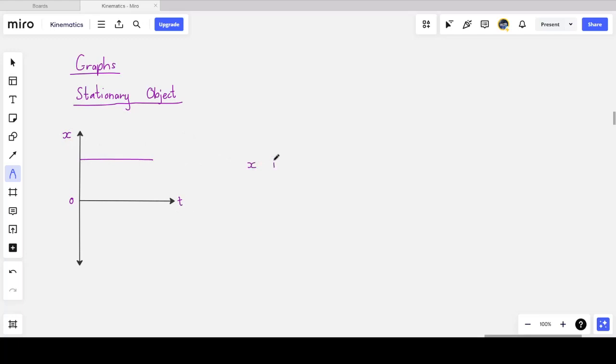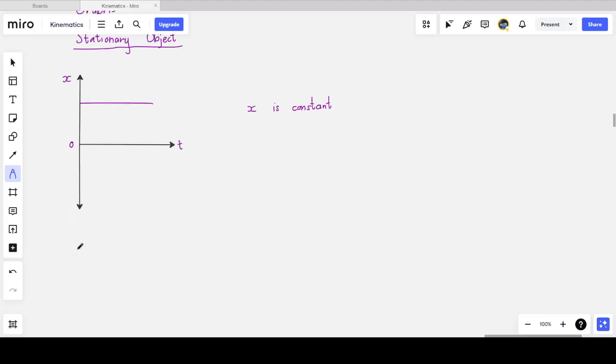Why is it a straight horizontal line? Because x is constant. Just be wary that we are plotting x on the y-axis here, on the vertical axis, and time on the horizontal. Time is always our independent variable. So x is constant for an object that's not moving. Instead of a point on the graph, it would be a line, because at any time I can measure the displacement to be constant. And what about if I now talk about